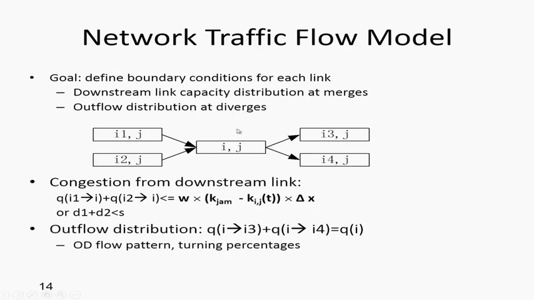Here, when we have a merge or a diverge intersection, we need to pay some special attention. As we can show here, this is a link ij. We have two merge links. This is a very idealized representation. You can try to view it in practice. This is a freeway. This is the merge or on-ramp. This is another freeway section. This is the off-ramp section. When you have two links competing for the limited capacity in the middle, then we need to enable